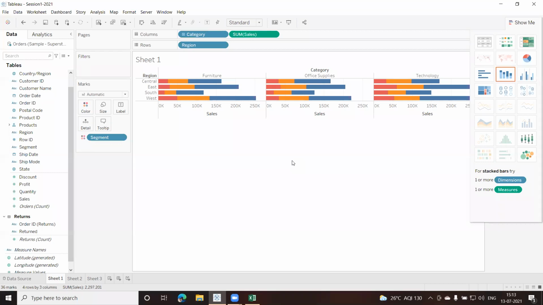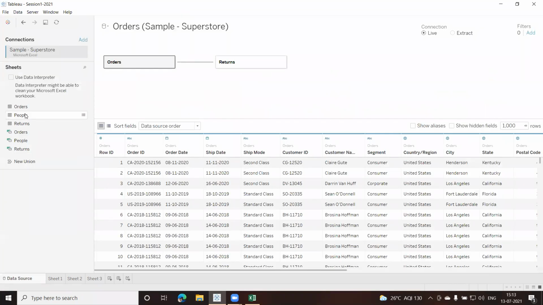Now, you can see 3 tables here. When we go back to this data source, we have orders, we have returns, and we have people. These are the 3 tables, and we can work on this as well. But I want to take another example and show you small things again today. So I have a convenience store table, which I have uploaded in your Google Classroom as well. So we are going to make use of that today.